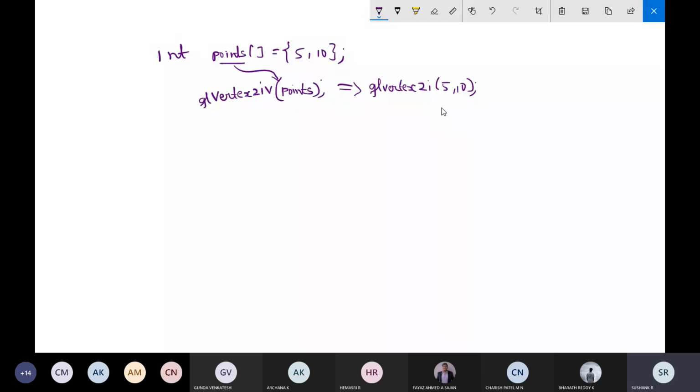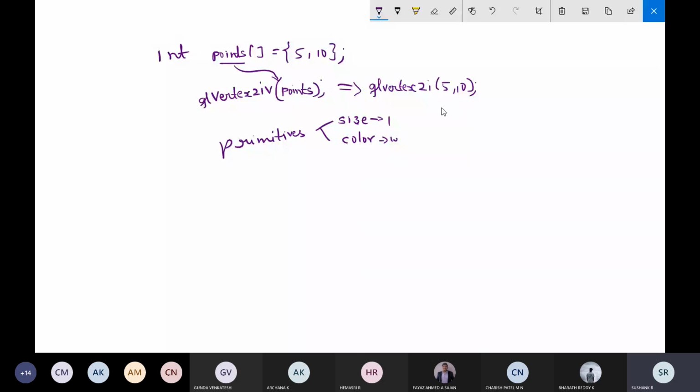After this, we were talking about the primitives. With respect to the points, we have two things: size and color. By default the color will be white, and by default the size will be 1 pixel.